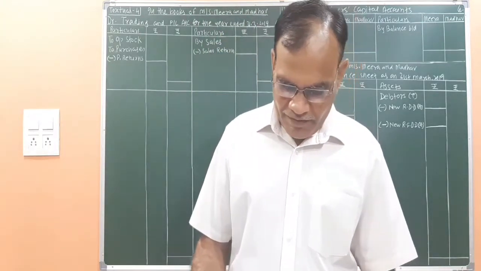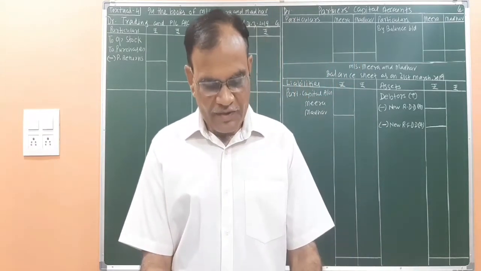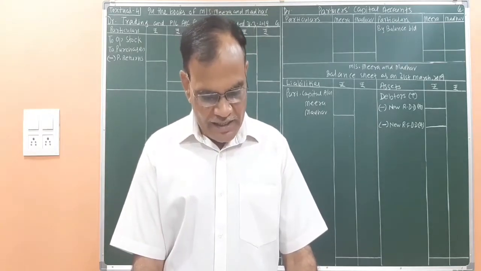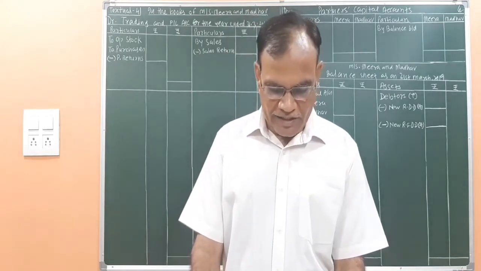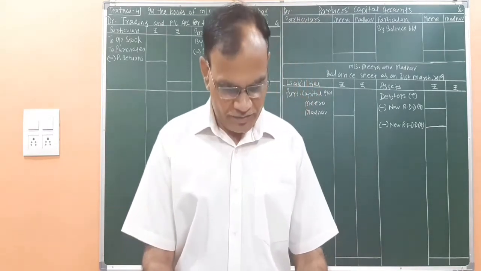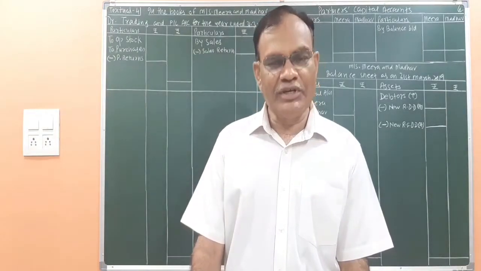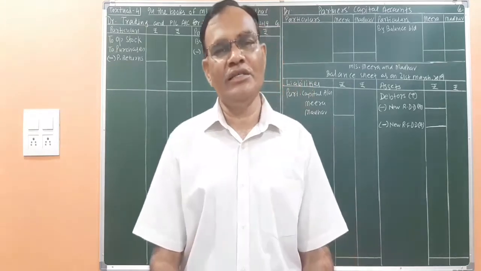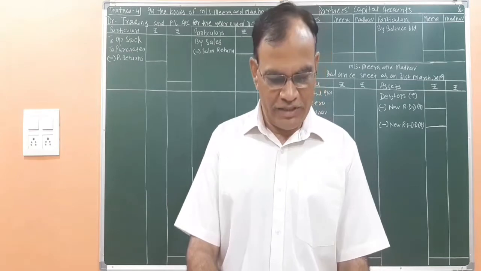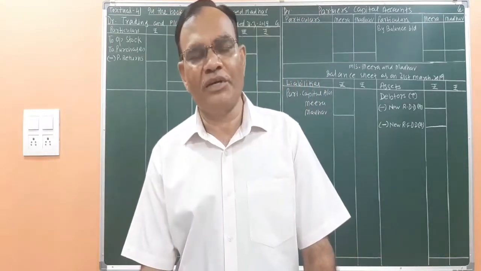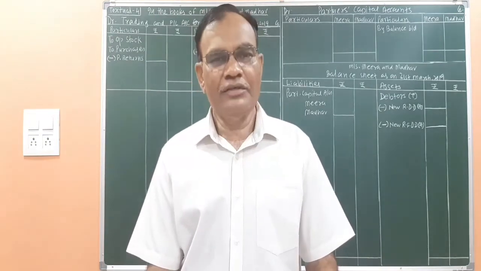Now on the credit side we have bank overdraft, that is a liability. Bills payable is a liability. Creditors is a liability. Sales, trading account credit side. Outstanding rent directly given in the balance sheet, so it's a liability, only one effect. Then unpaid wages, again directly given in the trial balance, so it has only one effect, that is balance sheet liability side. Capital of Meera and Madhav is given 75,000 each, and purchase return we are going to subtract from the purchases. So these are the items in the trial balance.